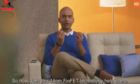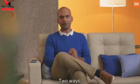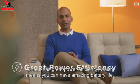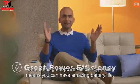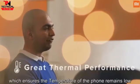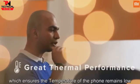So how does this 14nm FinFET technology help users? Two ways. One, it has great power efficiency, which means you can have amazing battery life. And second, it has great thermal performance, which ensures the temperature of the phone remains low,